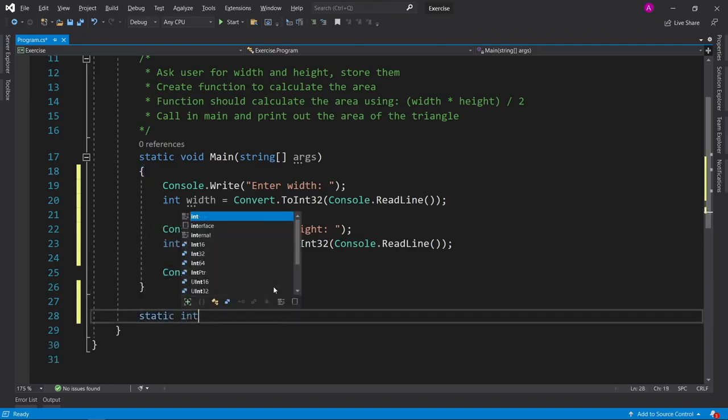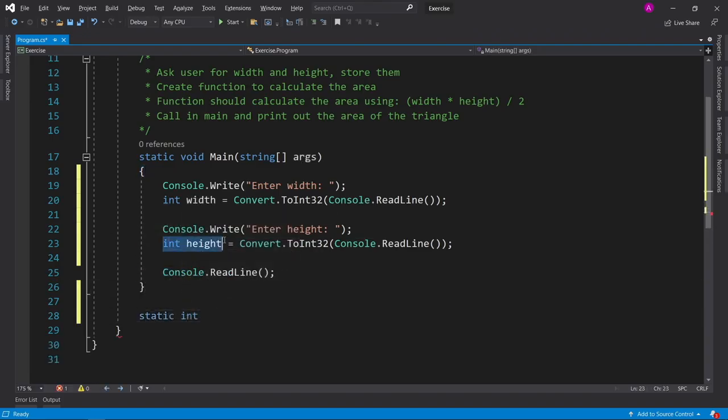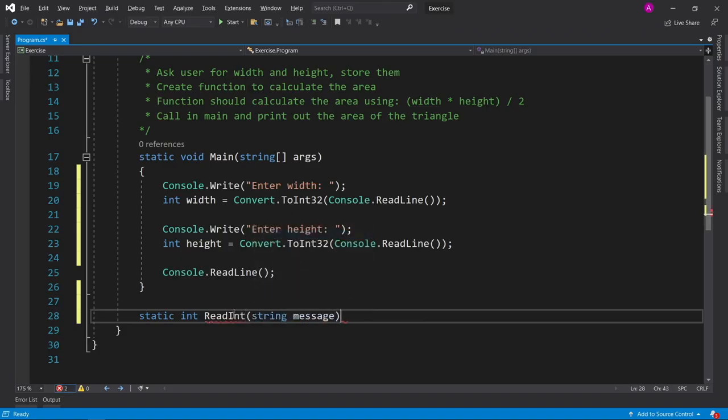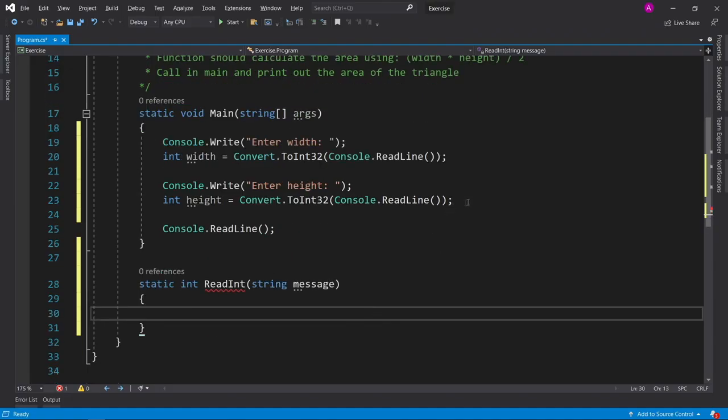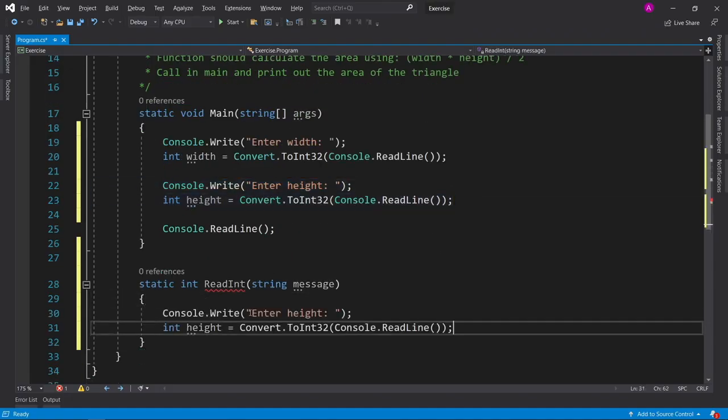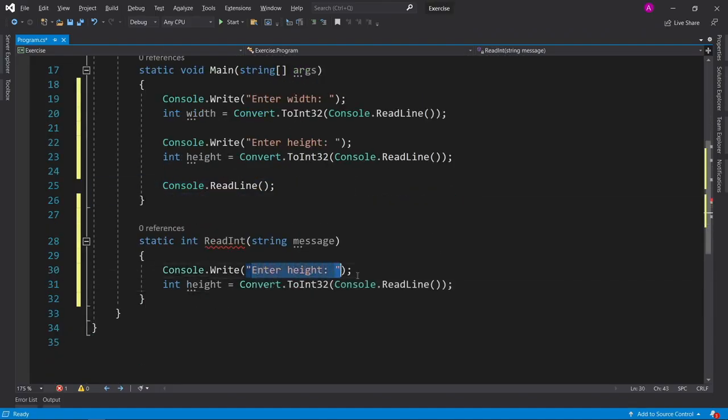So we can say static int, because we return back an integer so we can store it, we can say read int. And we want a string message so we can pass in this value inside here. So we take these two lines and place it inside here. Instead of enter height, we're now going to have message. Instead of int height, we're just going to have a return value, and then we're returning the conversion from the